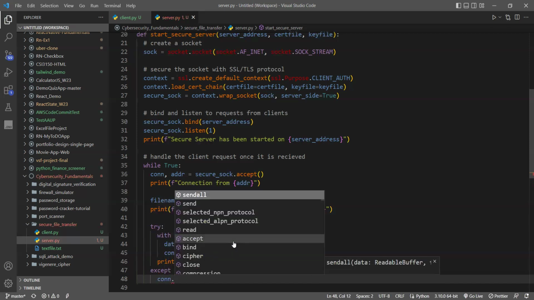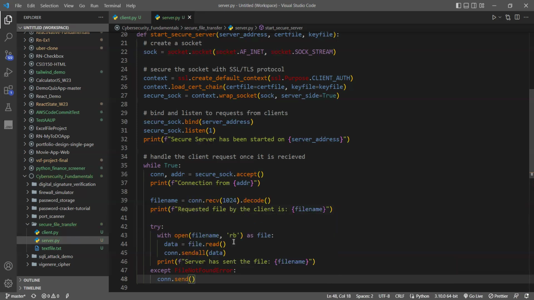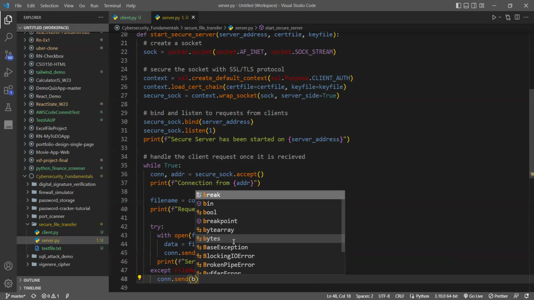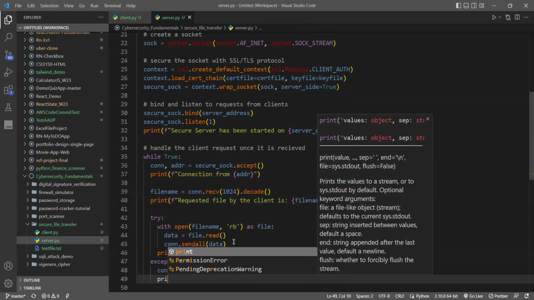So we will say client send. So we want to send a single message here, so we will not use sendall. There is nothing to send here in terms of all. Okay. And this will be formatted not in a string mode, but in the byte mode, or the bit format mode. And we will say file not found. We can say try with a valid file. Something like this. Okay. So that takes care of informing the client, and then we can create a prompt to